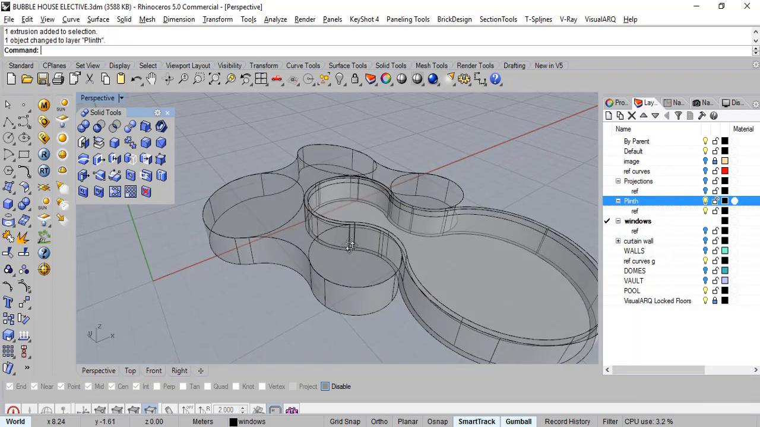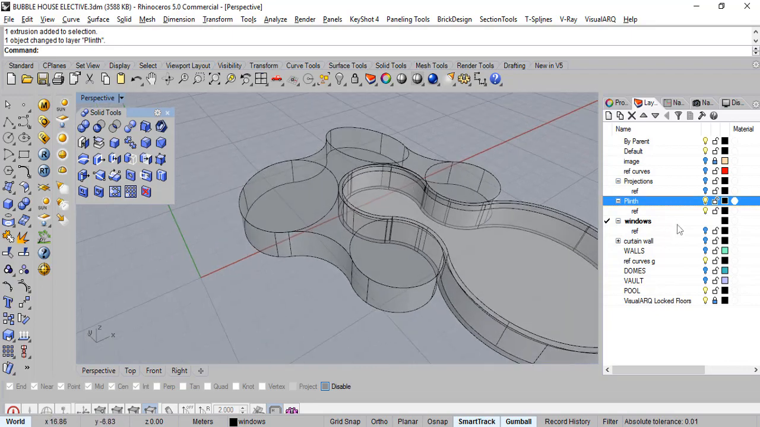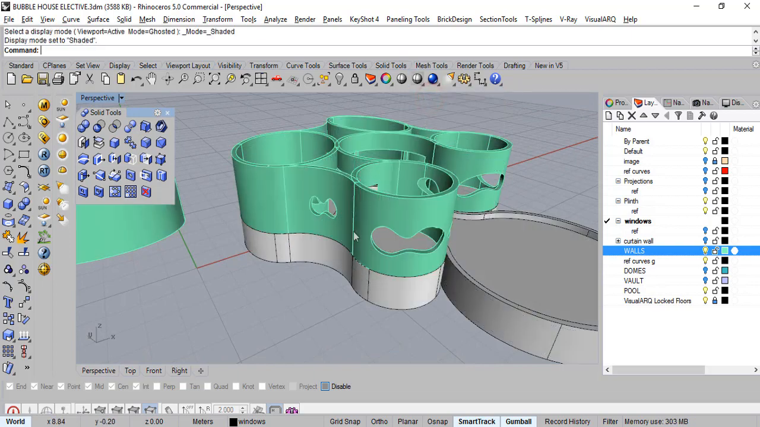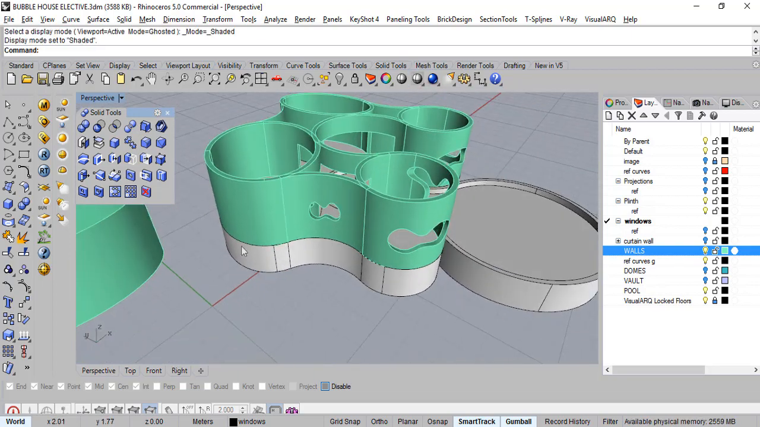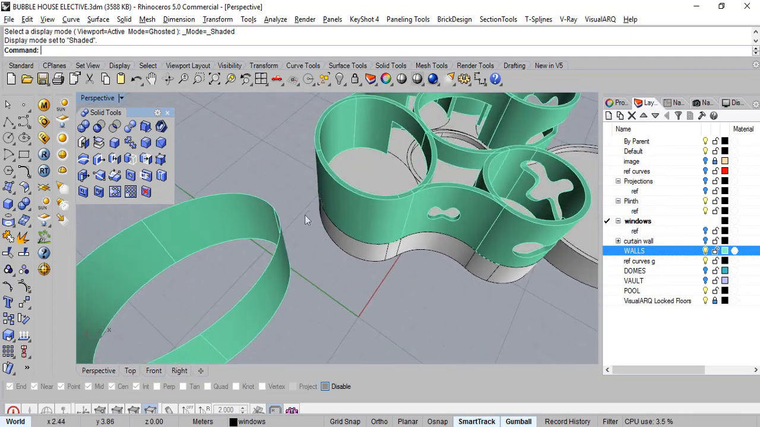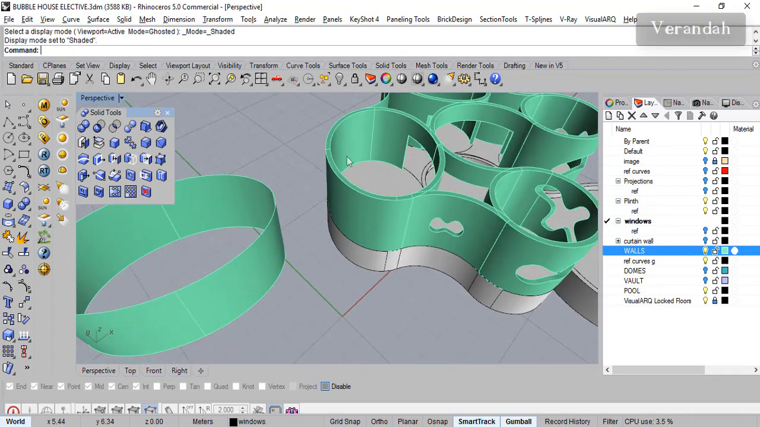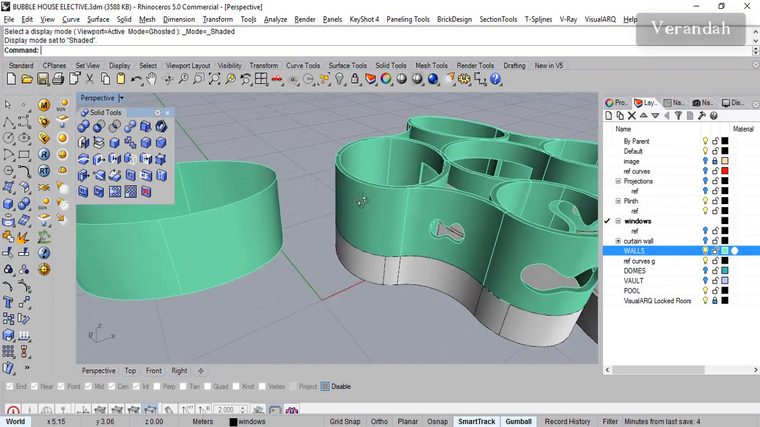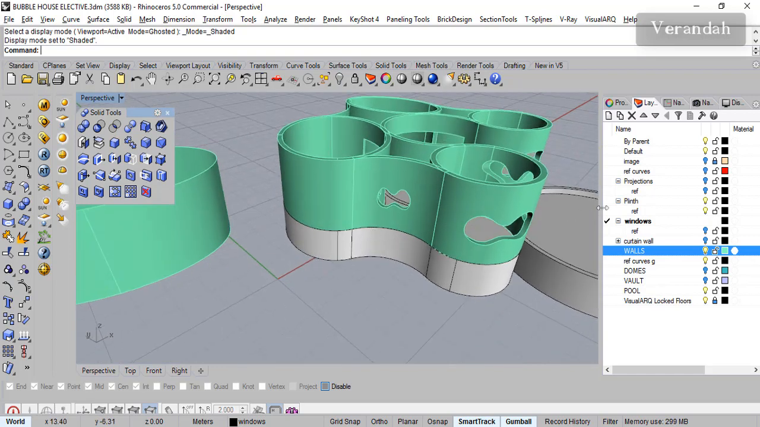Okay. And what we need to do next is put on the walls layer, put it on the shaded mode. So this is our entry portion. This is the halls. This is the entry portion. We need to have some veranda here and a covered slab or something. So how we do it is